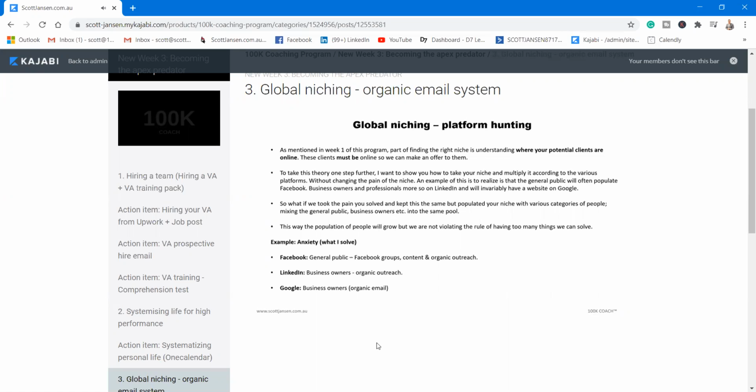Could you imagine the amount of strategy calls you're going to get booked? You never have to really do anything for them. All you're going to be doing is we have the system set up. We're targeting business owners. We're targeting entrepreneurs, CEOs, executive clients, anybody that we can find an email address. We basically scrape information online. We put it into an entire email system, press go, and it starts to organically send out our offer,